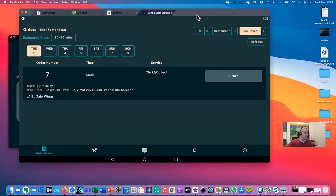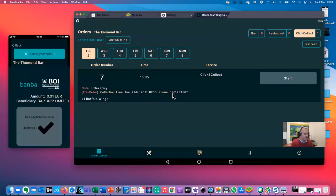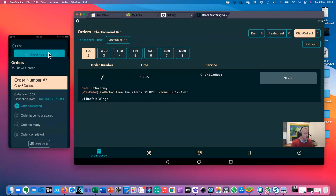I'll come back and show you the app there as well now. So I can see there's my order. There's my extra spicy requirement. I'm going to collect it at 6:30. I have my phone number there just in case they need to contact me for any reason. I'm going to go back over here now and just show you this really cool function on the device itself